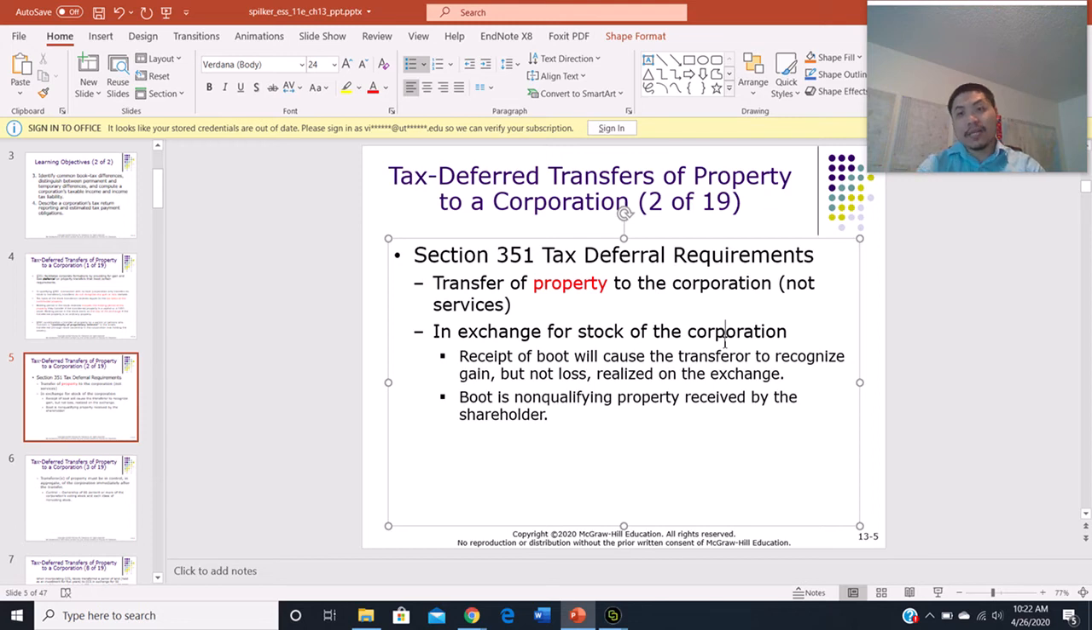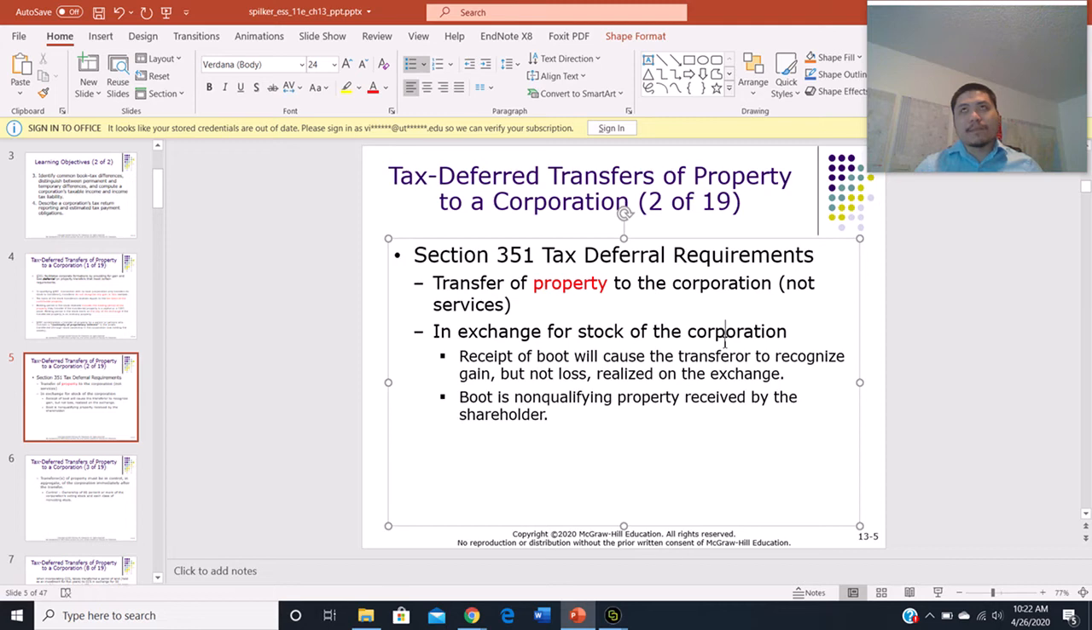is going to be treated as boot, right? We talked about boot last time already, right? Boot is anything that cannot be considered as qualified property, in this case stock, right? So when the transaction involves boot, it is not a pure property-to-stock exchange anymore,